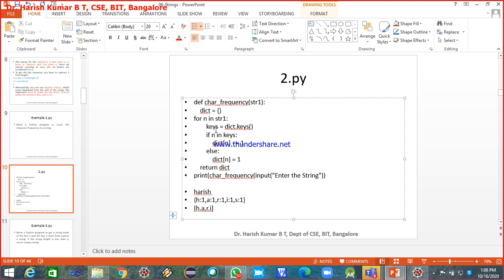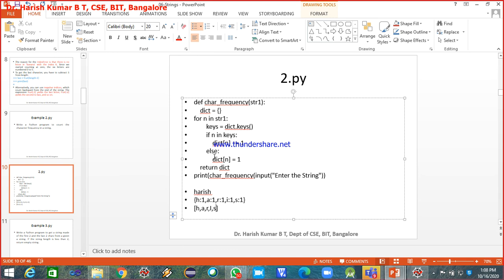Again I go back to the for loop. So the next symbol that is being scanned is H. Now I am extracting again all the keys from my dictionary. Now what are the keys in my dictionary? So there are 5 keys in my dictionary, and what I am looking at now is whether H exists in the list of keys. Yes, H is already there.